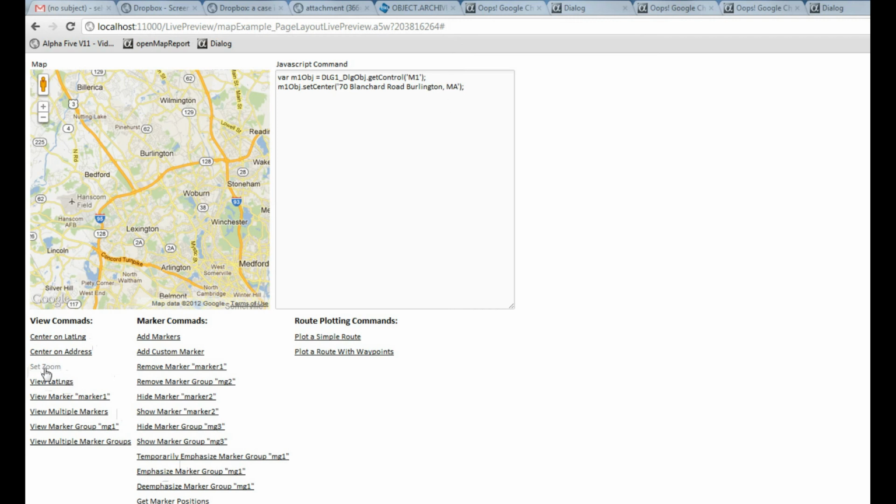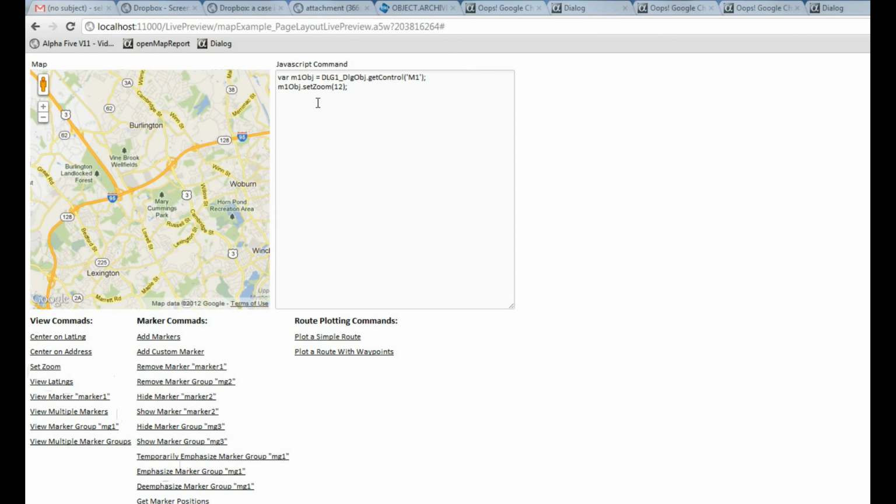Now we're going to click on the set zoom, and you can see now we've set the zoom to 12. So the zoom levels go between 0 and 20. I think 20 is a couple of square yards, whereas 0 is the entire